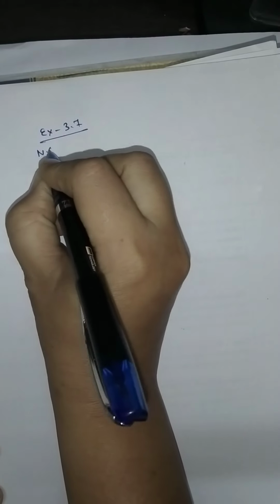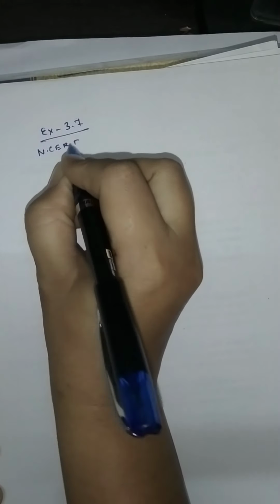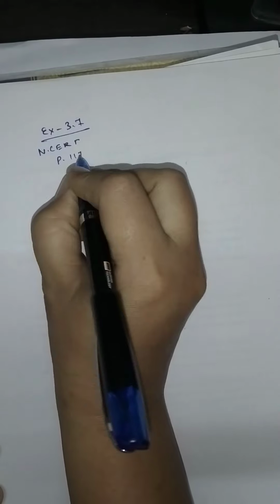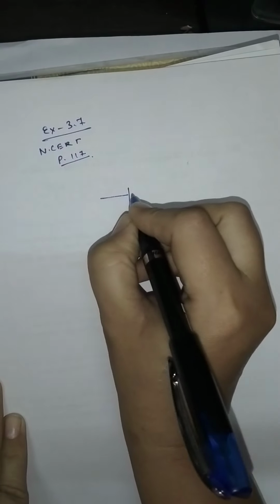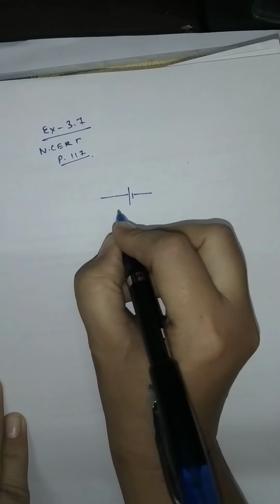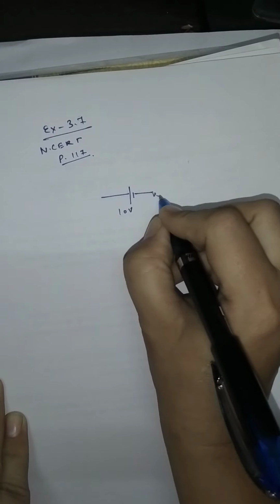Good morning, students. In today's lecture, we will discuss the numericals of Kirchhoff laws. First question is example number 3.7 of NCERT. Page number is 117. In this question, the circuit diagram is, this is a 10-volt battery which is connected to a 1 ohm